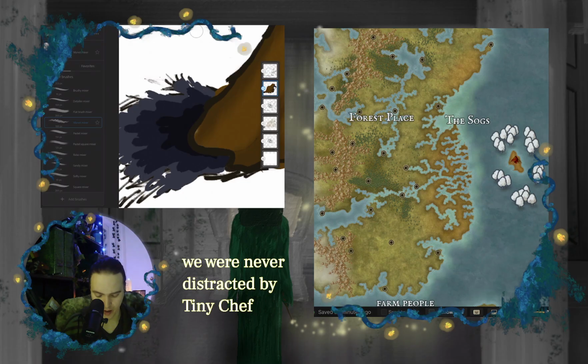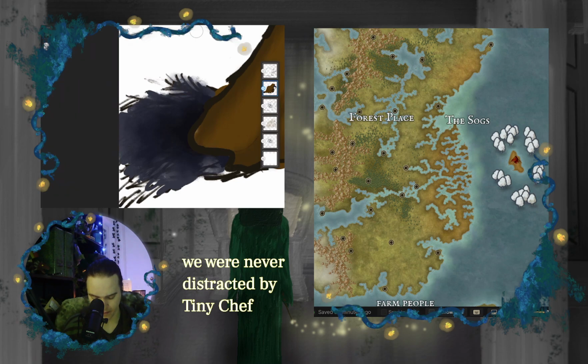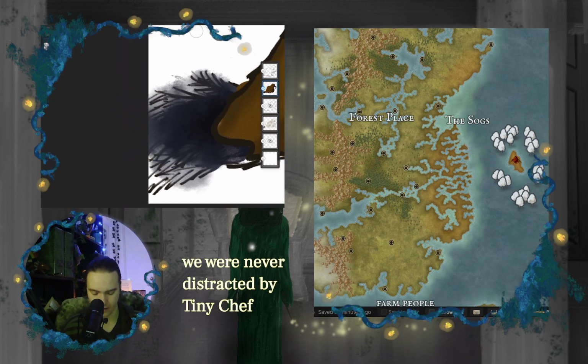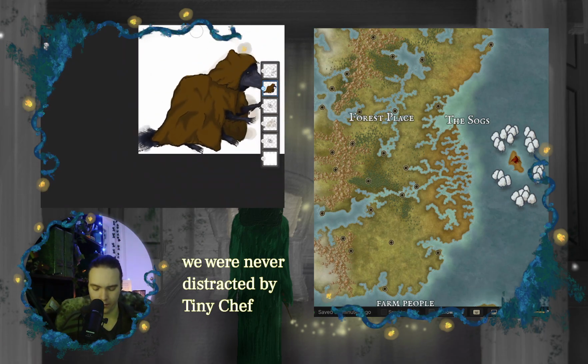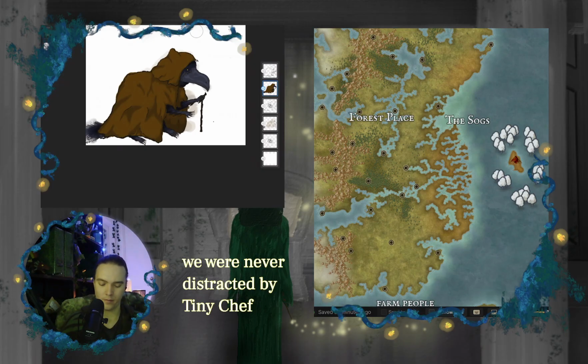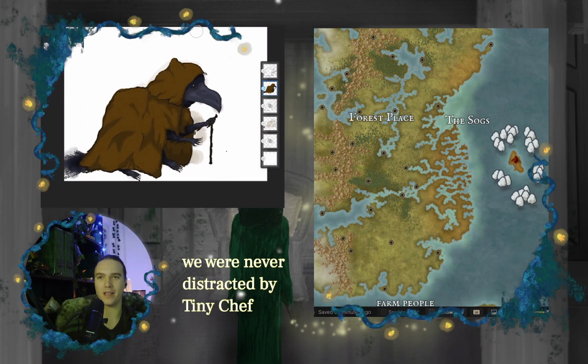I'm gonna try a different gloopy here. Nope, that's a little too much. I'm very happy with this little guy.